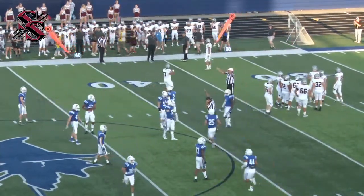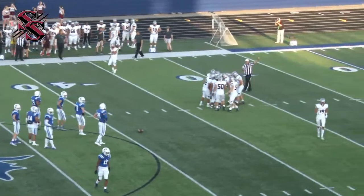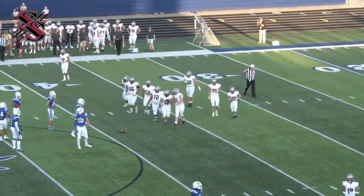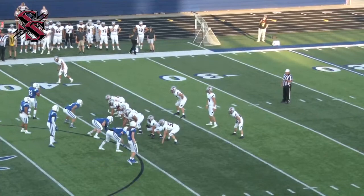So he went to Christian Ledecker out of the backfield there on a little change-up play. We didn't see that much last year. No, and that's great on your part, catching Ledecker out of the backfield. I didn't notice that he'd gone in there. That was